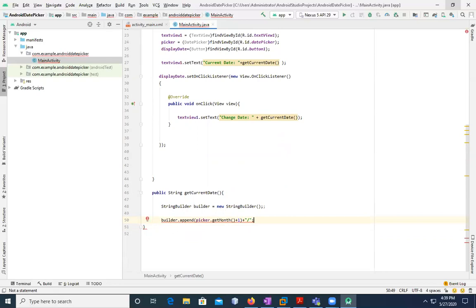No, something else. Month, okay, plus one, and then close it again. Month is zero based. And then after that, builder.append